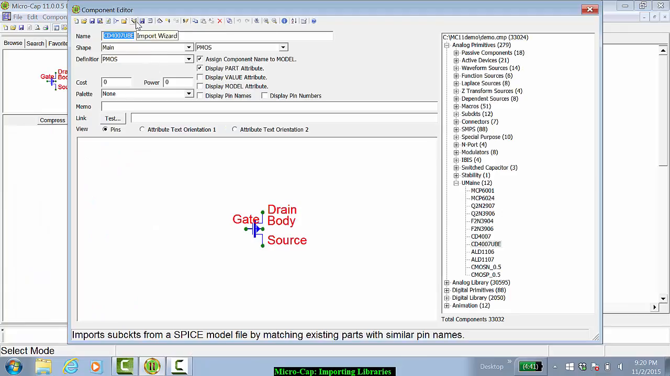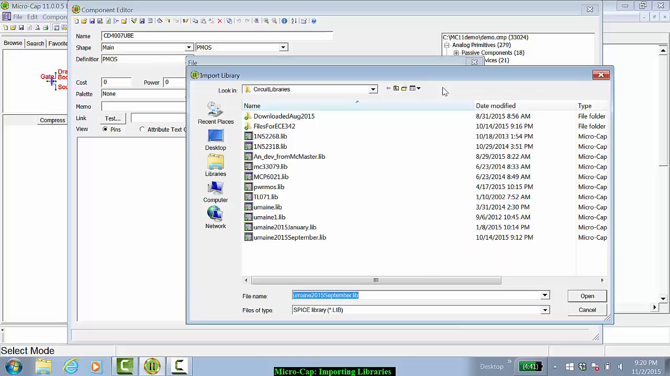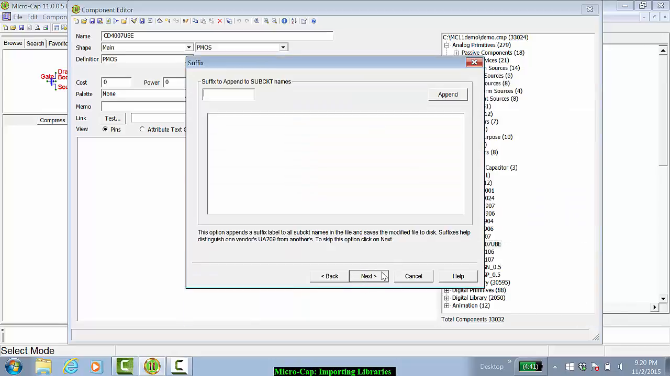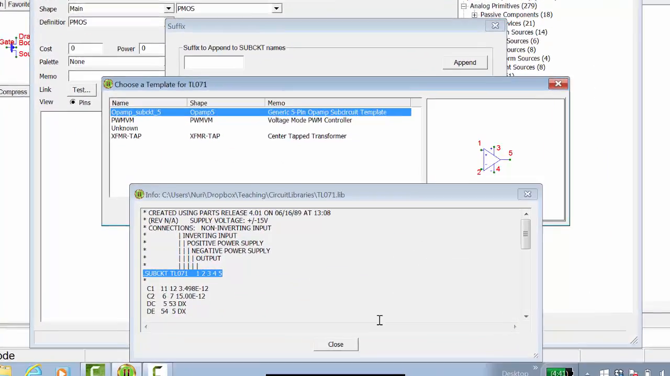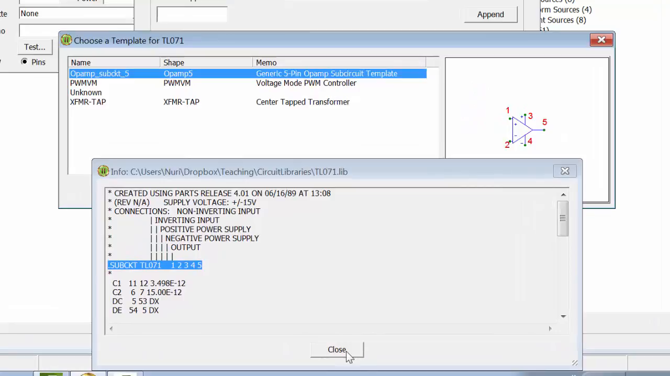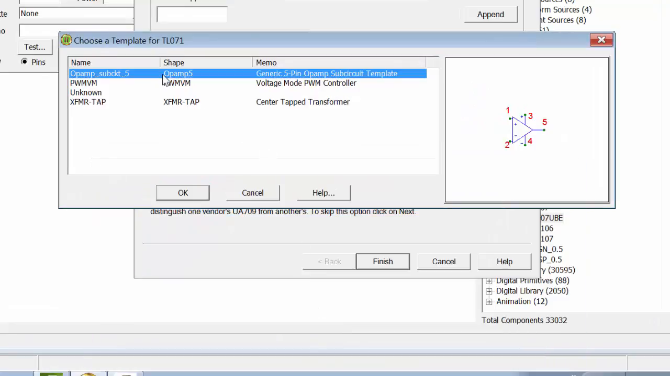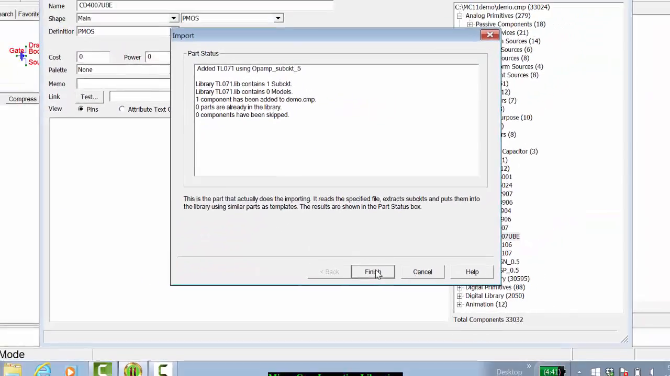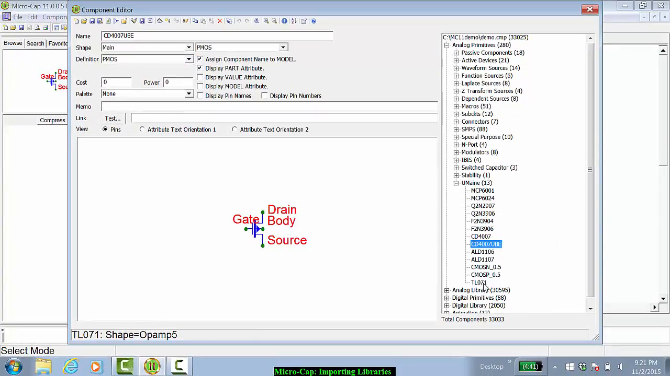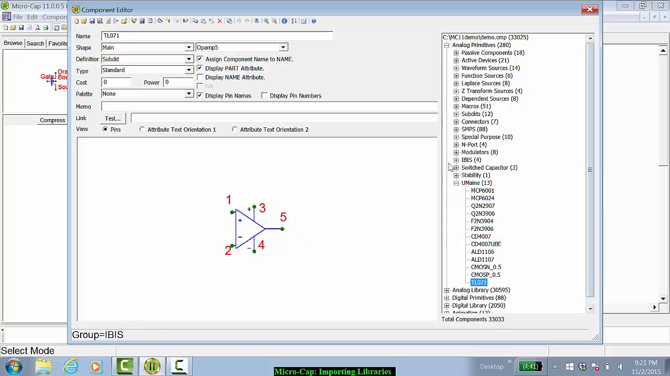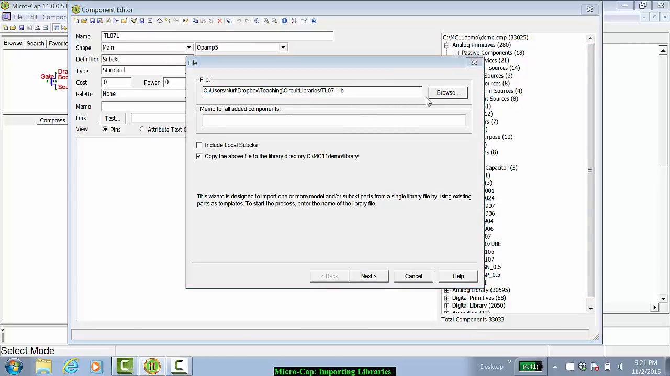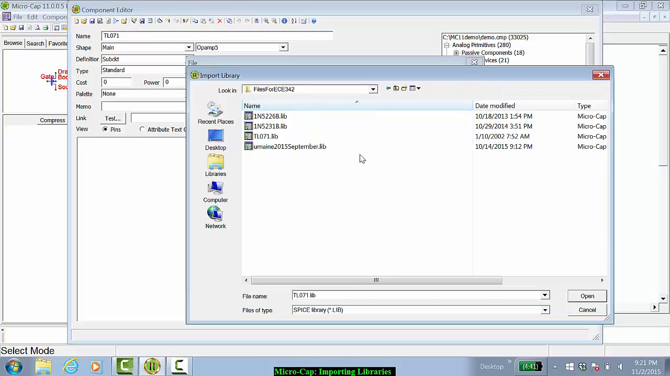For example, if we go back to the import wizard and choose the TL071, this is a 5-pin circuit symbol that we will need to use, so choose the 5-pin op-amp. It has been added to the library, so under UMaine, now we have TL071. We'll save, and let's import now the